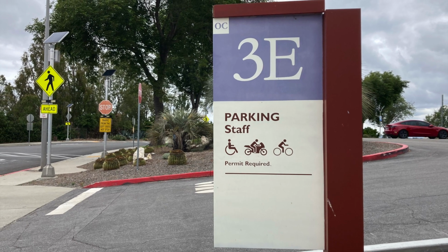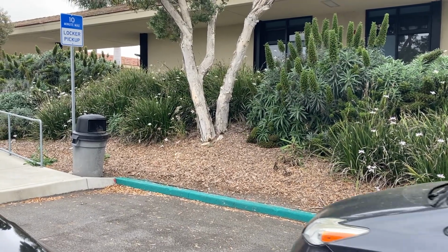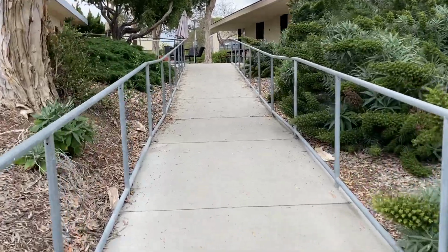At the Oceanside Barnard campus, you can park in the designated parking space for locker pickup located in parking lot 3E. Make your way up the ramp and you will see the smart lockers in the courtyard of the 3500 and